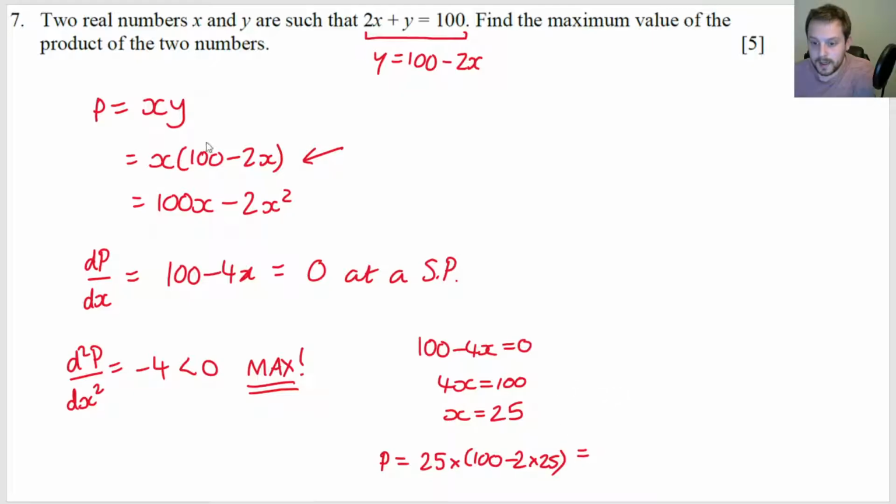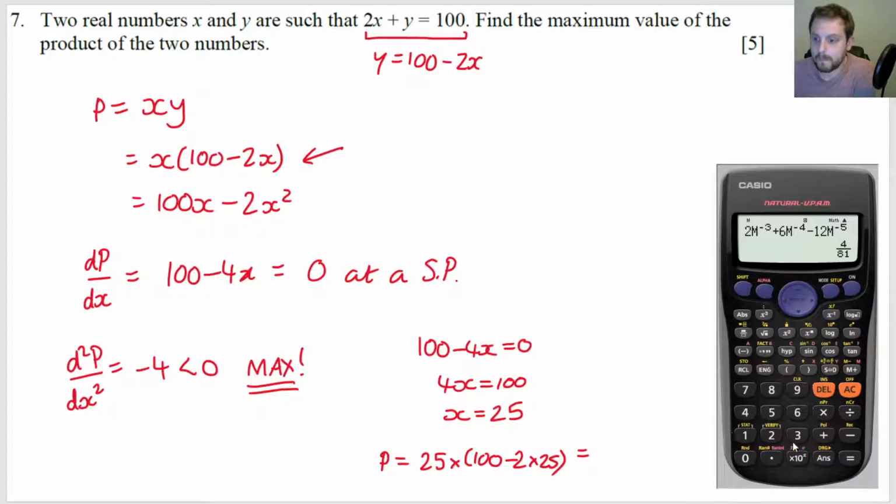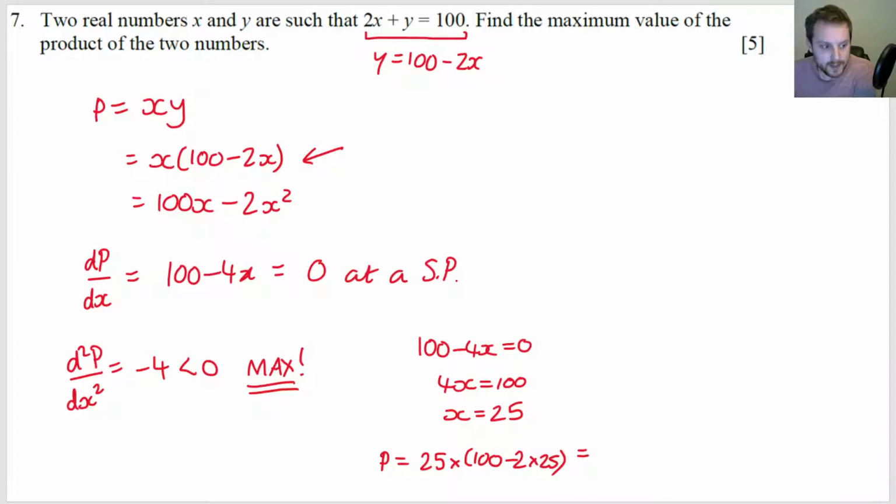So that is equal to 25 times 100 minus 2 lots of 25. Okay, so this is just 50 25s. So we didn't really need a calculator for that, but you know, we're allowed to use one. So this is 1,250. And we know it's a maximum value of P, where we are literally trying to, this was a function